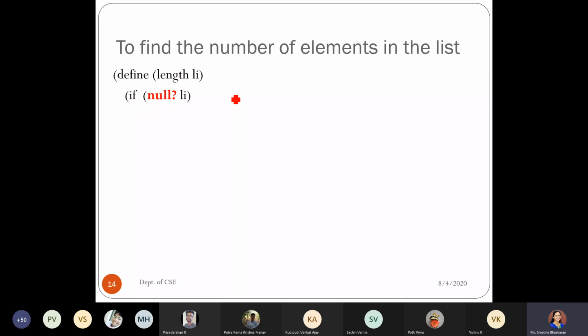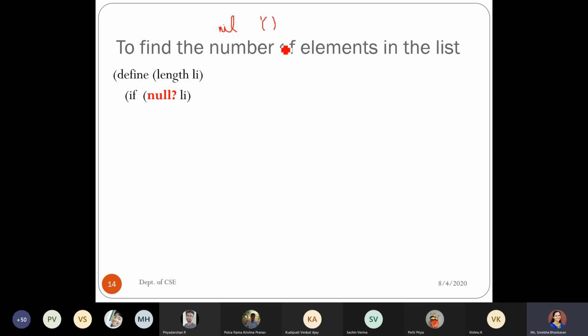This procedure will identify the last element in the list, which is the nil. Whatever we have mentioned to be nil, we can even represent in this format, as an empty list. Either of these two we can write, by using the keyword nil, or by representing it in this format.